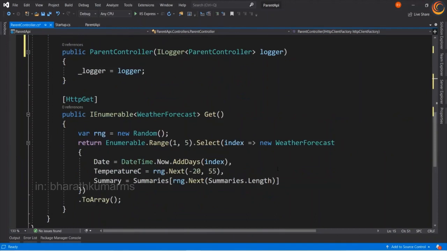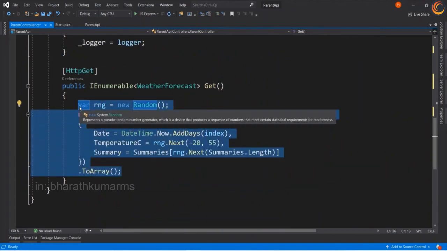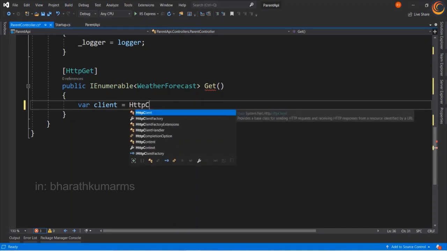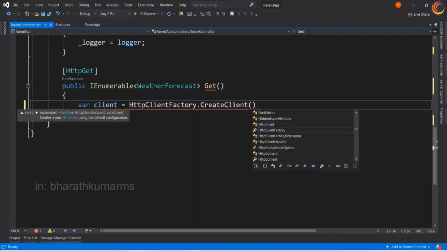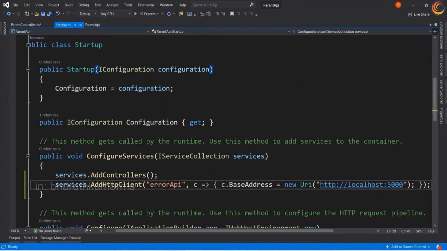Now we will have to create the client and get the data. And if we remember, we have this name error API.